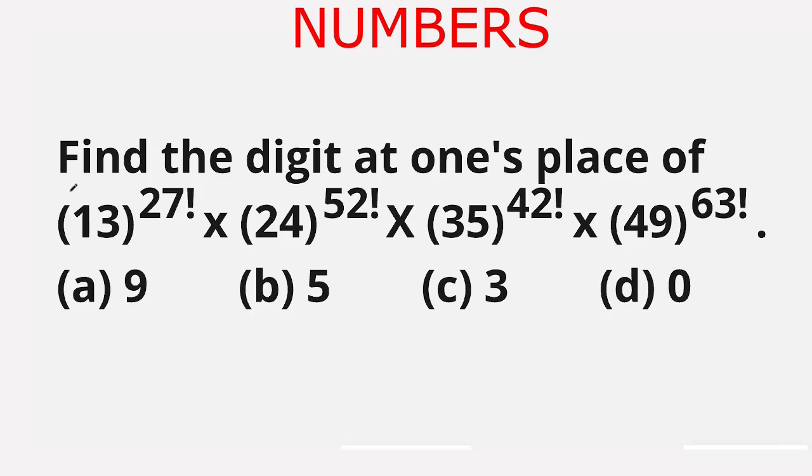Our question is, find the digit at ones place of 13 to the power 27 factorial multiplied by 24 to the power 52 factorial multiplied by 35 to the power 42 factorial multiplied by 49 to the power 63 factorial. The given options are option A 9, option B 5, option C 3,